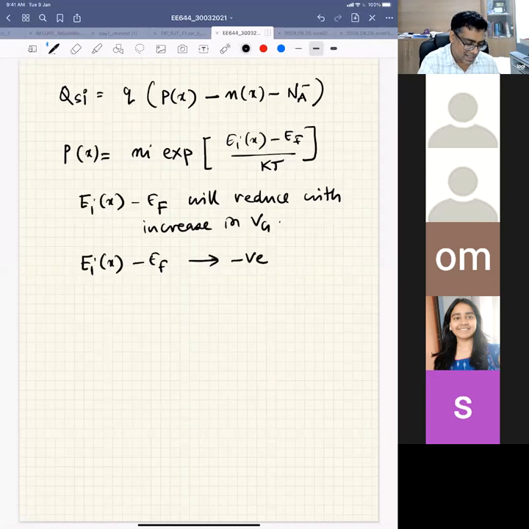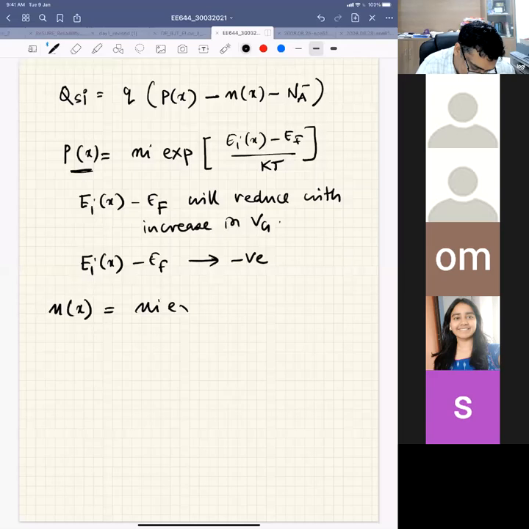So that means the number of holes. This mathematically explains that the number of holes at the surface will reduce, right? Because EI x minus EF will become negative. That means your PX will reduce, right? But your NX, your number of electrons, is nothing but Ni times exponential of EF minus EI x by KT,